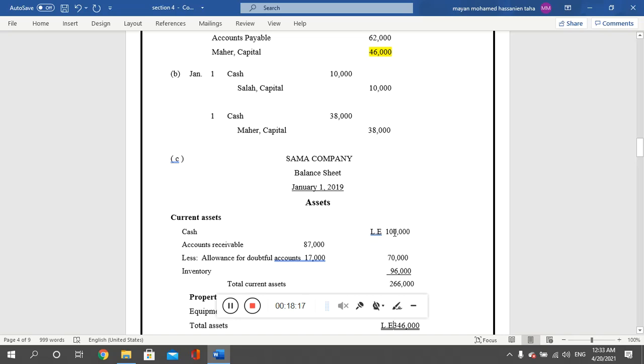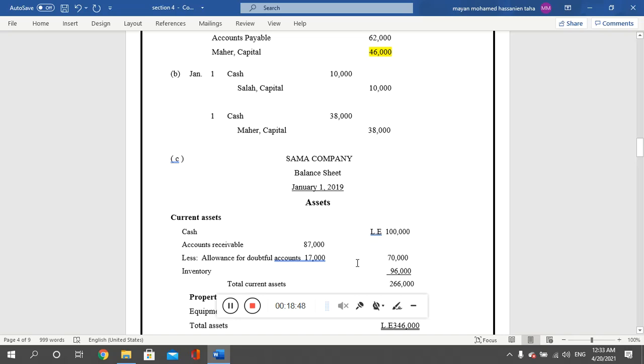Accounts receivable less allowance for doubtful accounts. The allowance for Salah was $9,000, and for Maher was $8,000. 9 plus 8 is $17,000. So the total accounts receivable for both partners minus the total allowance for doubtful accounts for both partners